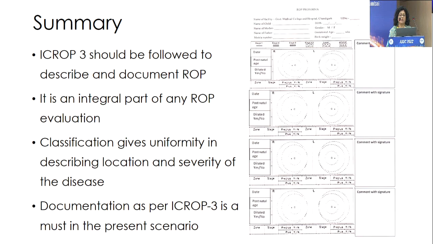Summarizing, AIOC3 should be followed to describe and document ROP. It is an integral part of any ROP evaluation. Classification gives uniformity in describing location and severity of the disease. The documentation as per AIOC3 is a must in the present scenario, plus the medical legal issues will also be discussed